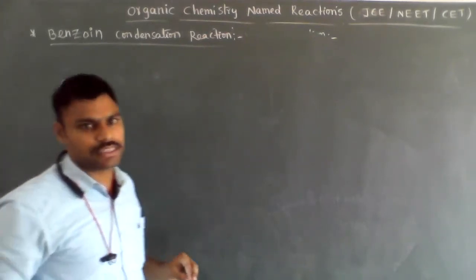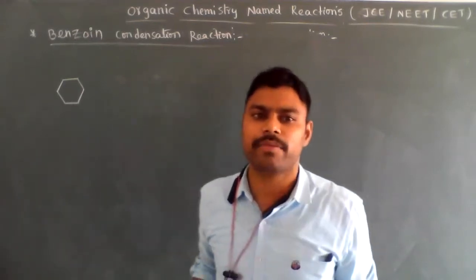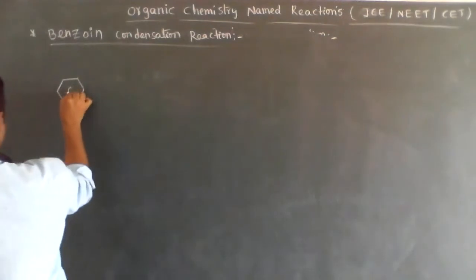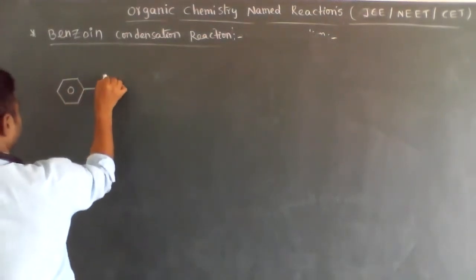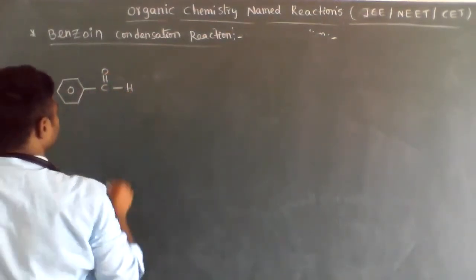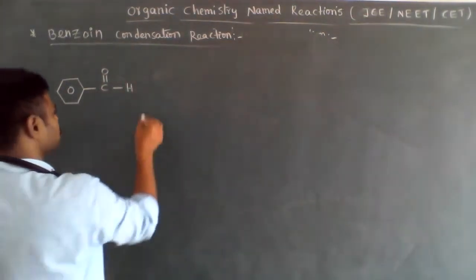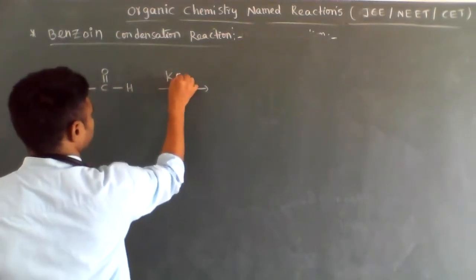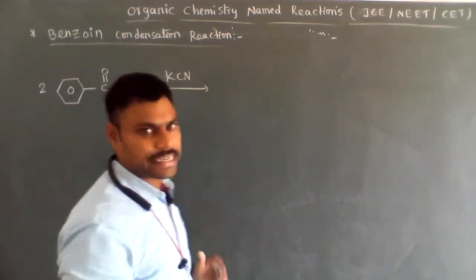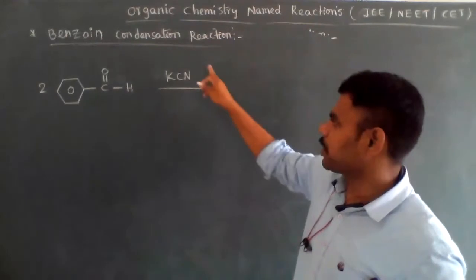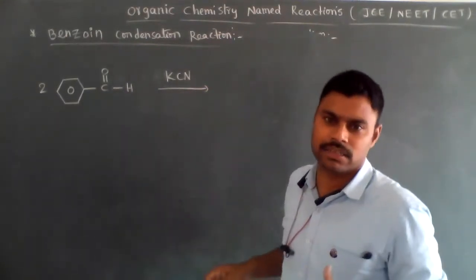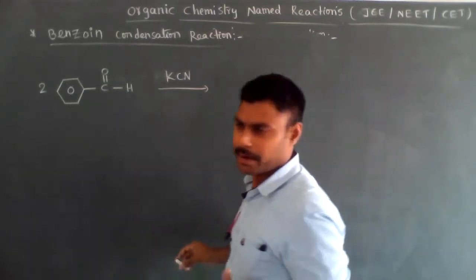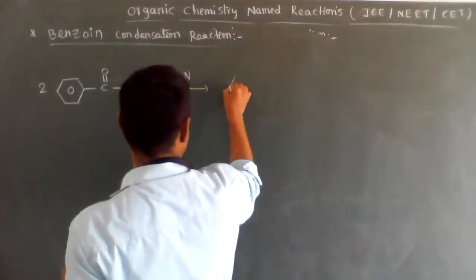In the absence of alpha hydrogens, that is, an aromatic aldehyde without alpha hydrogens, meaning benzaldehyde, with no alpha hydrogen atoms. How many moles do we need to take? 2 moles of benzaldehyde in the presence of KCN, potassium cyanide, which acts as a catalyst. So what is the role of potassium cyanide in benzoin condensation? That was asked earlier in NEET and JEE Mains examinations. Now the product is